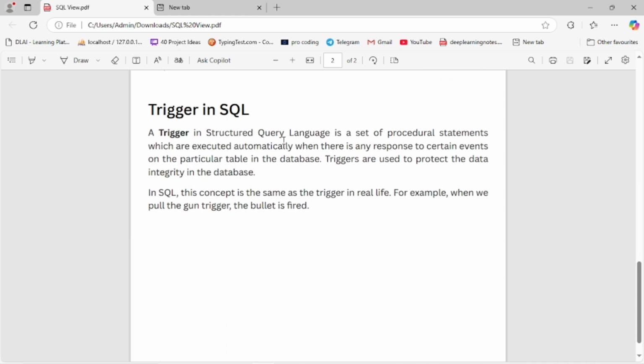A trigger in a structured query language is a set of procedural statements which are executed automatically in response to certain events on a particular table in the database. Triggers are used to protect the data integrity in database, and in SQL this concept is the same as the trigger in real life. For example, when we pull the gun trigger, the